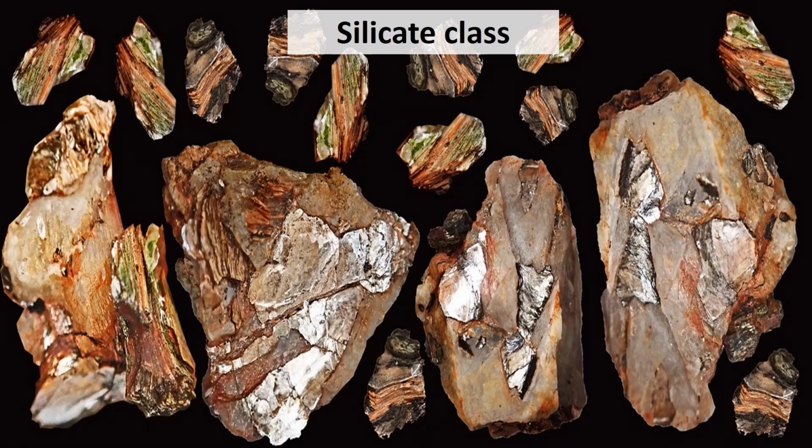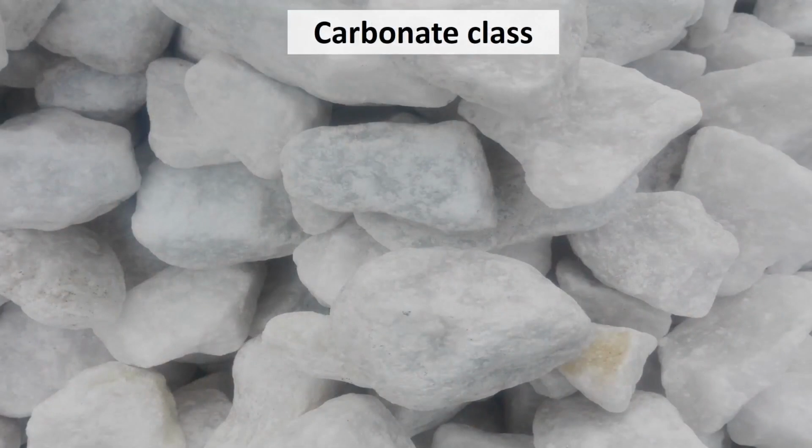Then the second category is the carbonate class. Here in the carbonate class, the major anion is carbonate. This includes minerals of calcium carbonate, that is calcite and aragonite, magnesium calcium carbonate, dolomite, and iron carbonate, siderite. Carbonates are very commonly found in marine settings when carbonate-containing dead organisms settle and accumulate on the sea